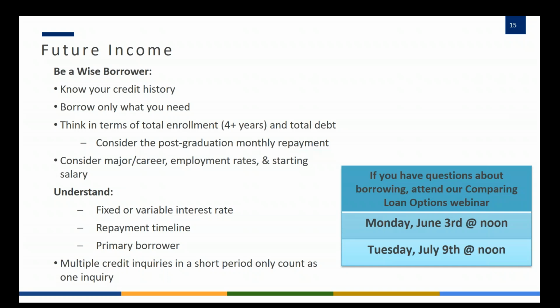And they do want to think in terms of 4 years, not just one. Even though it's an annual financial aid process, they'd be applying for loans annually. They want to take that first year's monthly payment on the loan, multiply it by 4, just to estimate at the end of 4 years what we're looking at for a loan payment. Because it might be less intimidating to get through the first year. But once they start adding loans for years 2, 3, and 4, maybe they have other kids coming down the road, they don't want to put themselves in too much debt.